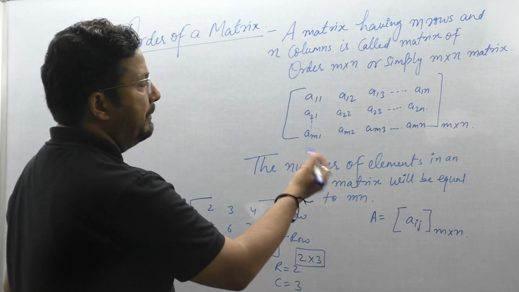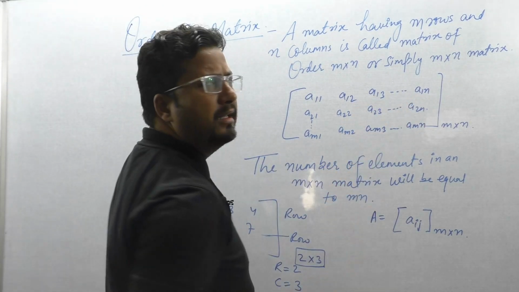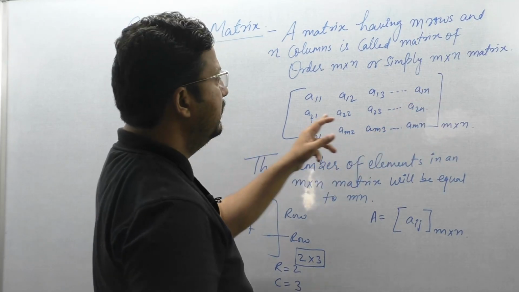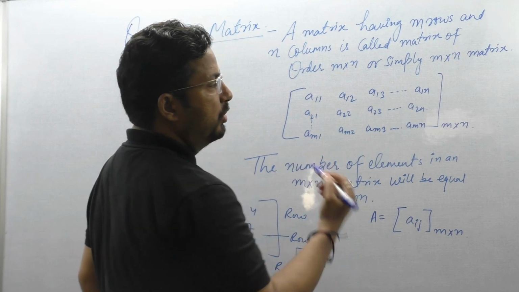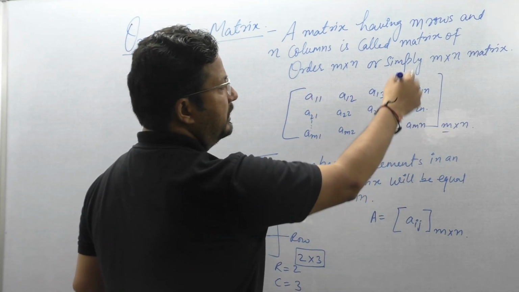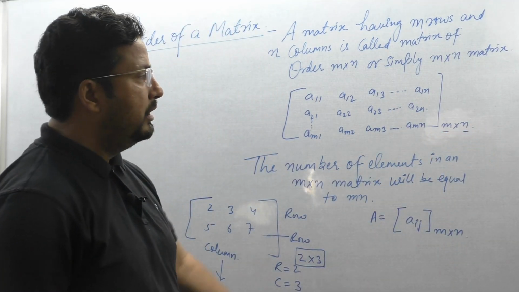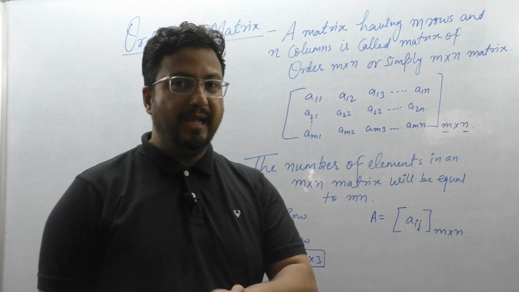Okay, so this example is given to you, like a11, a12, a13, a1n. It is written to show that it can go as long as needed, and the members can be even more. So now you understand, these horizontal lines are rows, which we denote by m, and these vertical lines we denote by n. This is called a column. So m stands for row and n stands for column, and m by n is called the order.